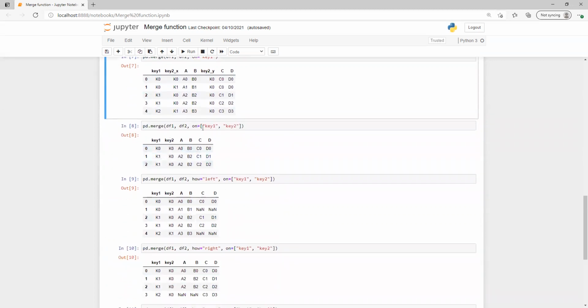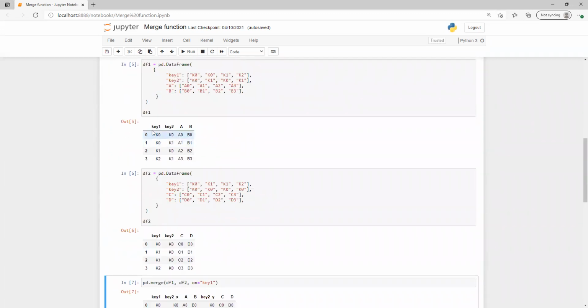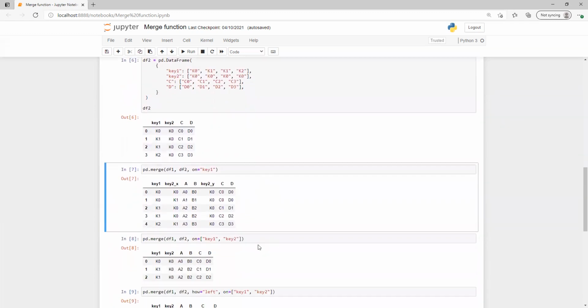Now this one we need to understand clearly. Now I wanted to join on 2 columns, key1 and key2 both. If we go back a little bit up, we can see in key1 and key2 we have 0 and 0, 0 and 0. So one row is matching. Now 1 and 0, 1 and 0, 1 and 0. So due to this first index, we have 2 that will match, then K2 and K1, this one will match. So we got here all those K0, K0, K1, K1, K0, K1, K0 again, and K2, K1.